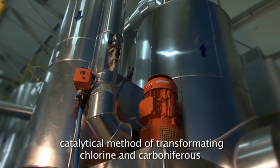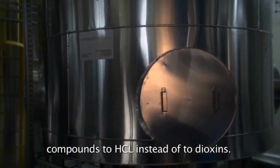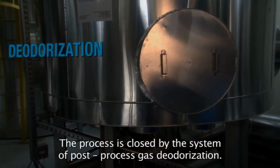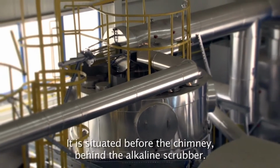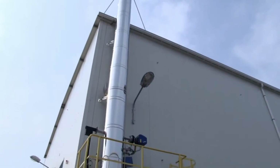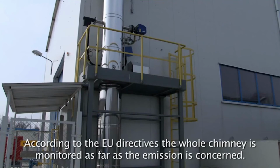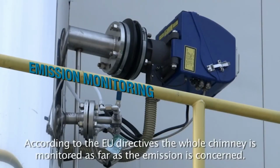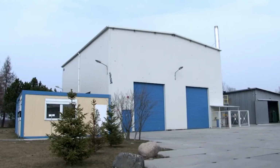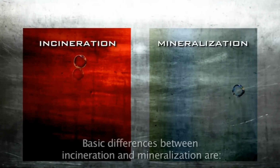It is so only because of our proprietary catalytical method of transforming chlorine and carboniferous compounds to HCl instead of to dioxins. That is why we are uppermost. The process is closed by the system of post-process gas deodorization. It is situated before the chimney, behind the alkaline scrubber. According to the EU directives, the whole chimney is monitored as far as the emission is concerned. Basic differences between incineration and mineralization are: